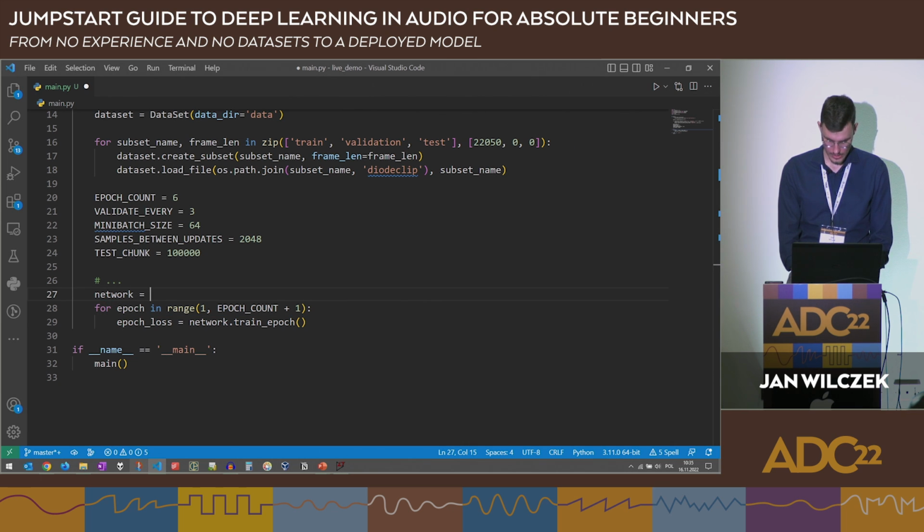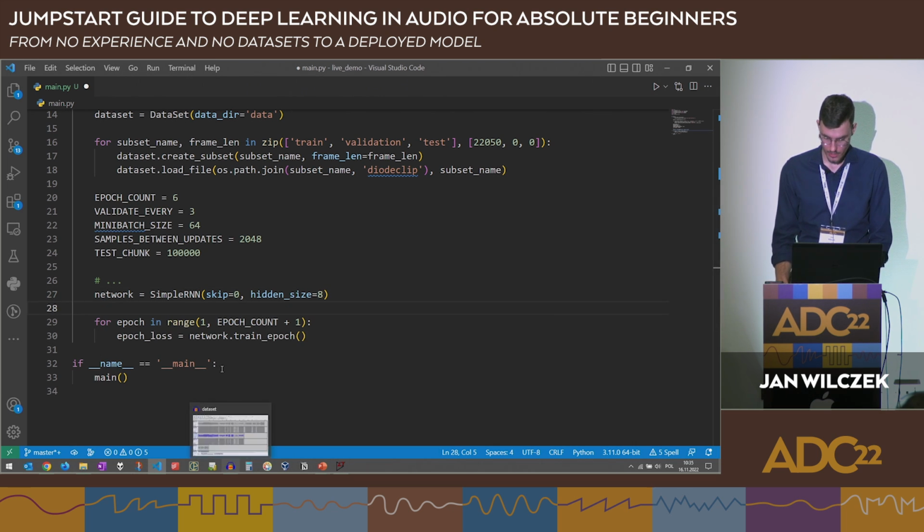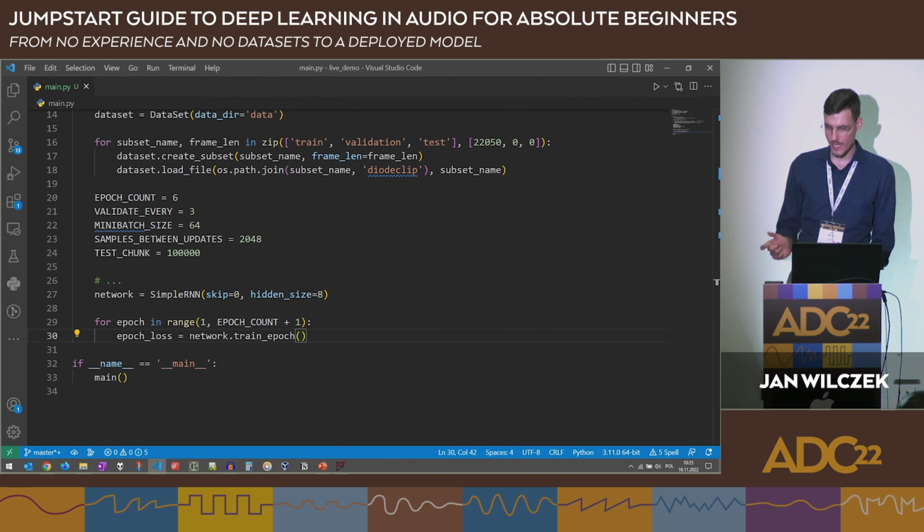So we'll have a simple recurrent neural network, which is available in the submodule that I mentioned. And we don't want any skip connections. And we'll say that the hidden size is 8 hidden units, because this problem is not very hard. And then for this epoch, we need to pass in the training data. So we say dataset, subsets, train,